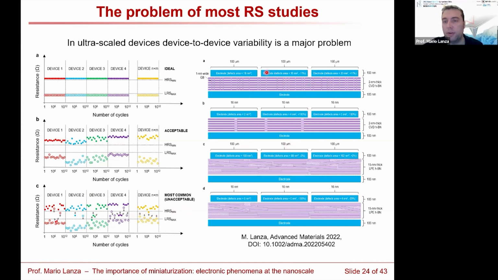One example is devices that contain some local defects, let's say grain boundaries. When you make the device big, when you make the device small, okay? So for the big device, the difference between one device and another in terms of defects area will be small. You see, if we consider this to be the 100% defect area, this will have minus 11%, this will have plus 11%. If we make the devices smaller, we will have devices that have absolutely no defect, some